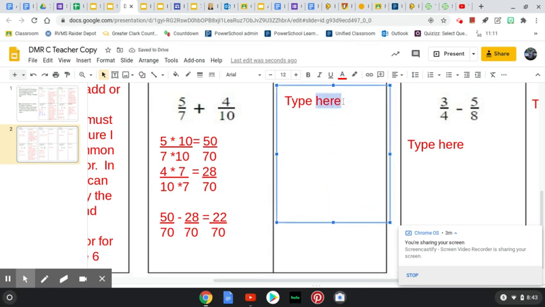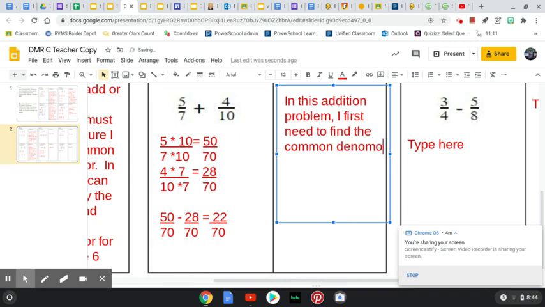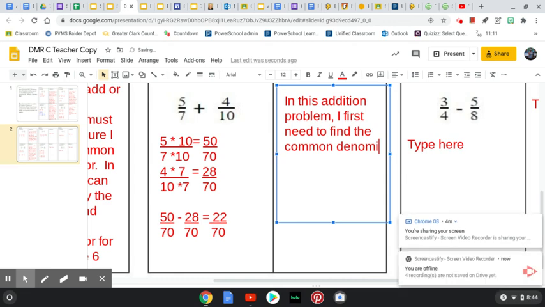So in this addition problem, I first need to find the common denominator of, my computer's slow. Once I do that, I can add